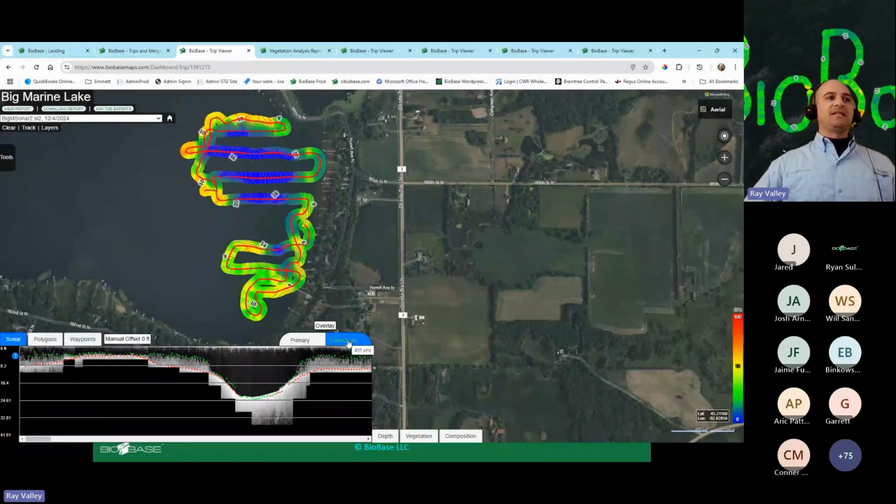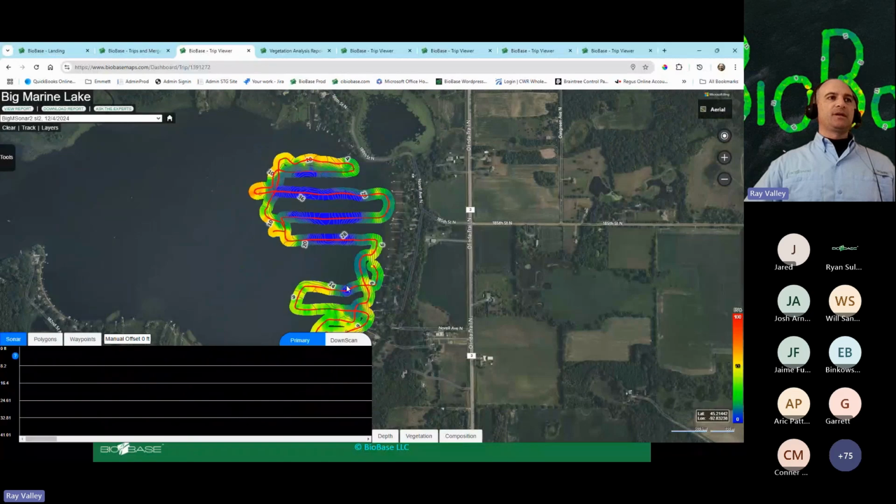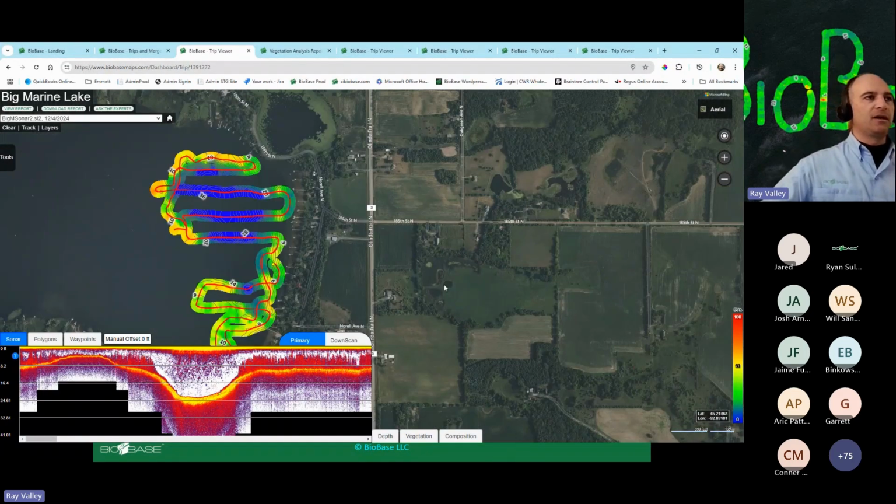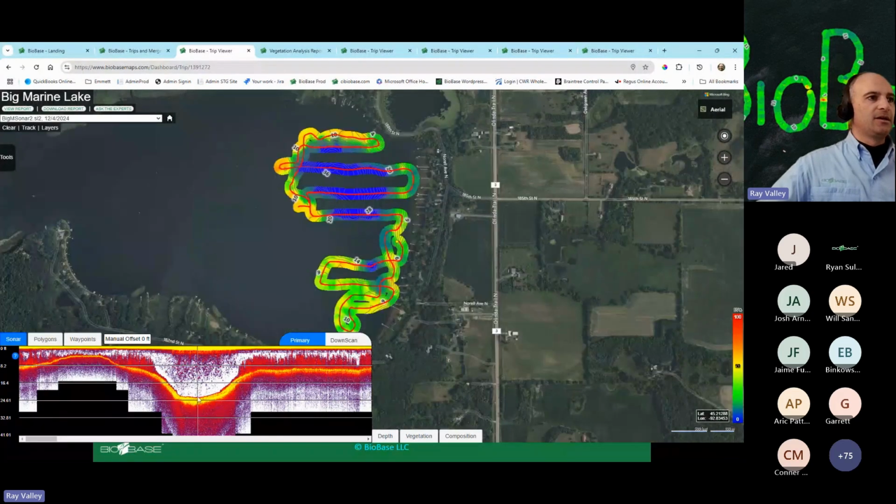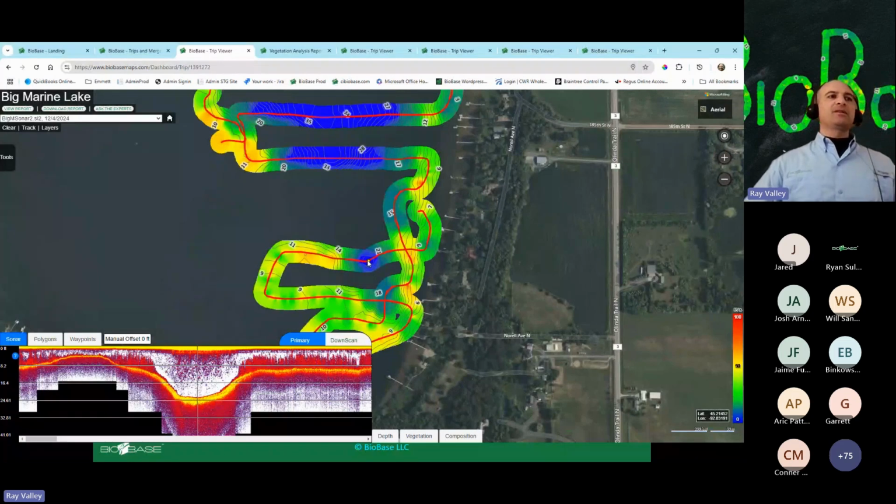Here's the example of the downscan versus primary, and you can see this is a cross section of the area of the sonar image. If we click on it, the dot is where the boat is, where the track is. Here is the deep part of the water body, and it's all synced. The sonar image is synced with the map, and it's also synced with the data. And we'll show you that soon here. But going back to this sonar image,